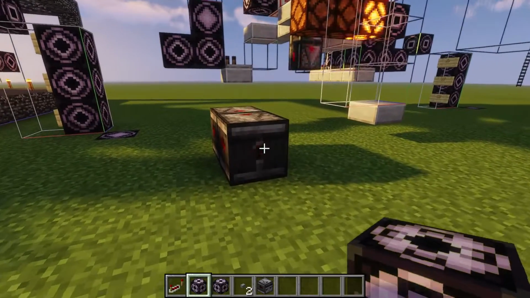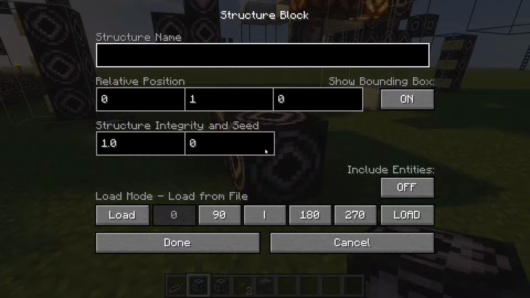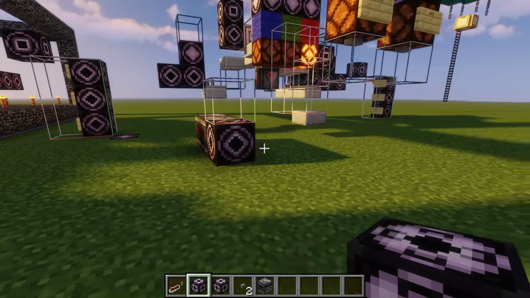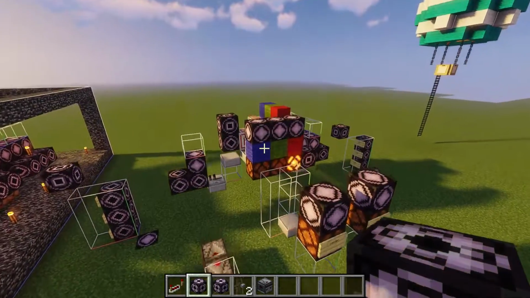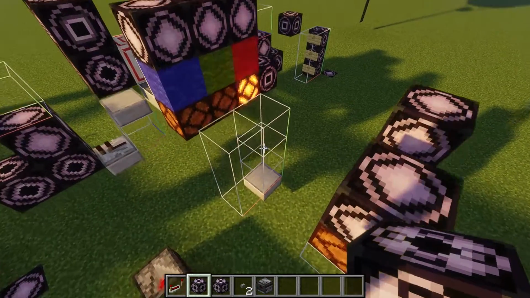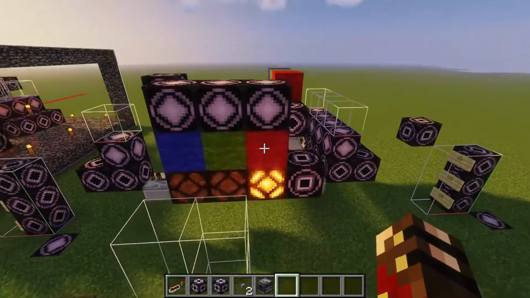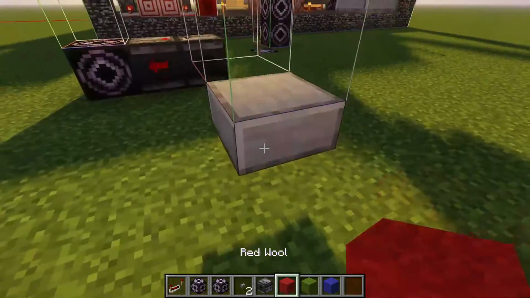We can double check our work here with an observer clock and a structure block. We're going to call this test core and hit done. That's all we need to do. So now this block is constantly loading what any of these 3 blocks are saving, which should be one of these here. So let's bring our color coding back here, and we're going to start with the bottom one, which